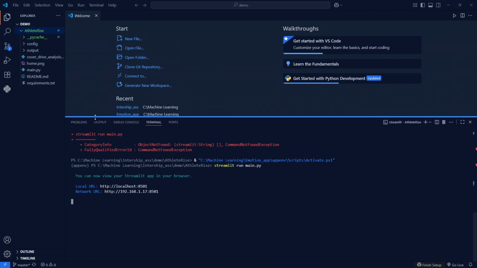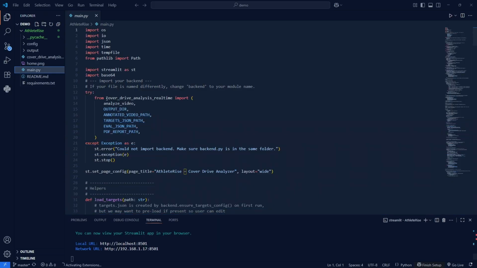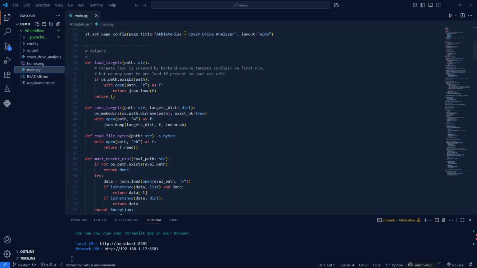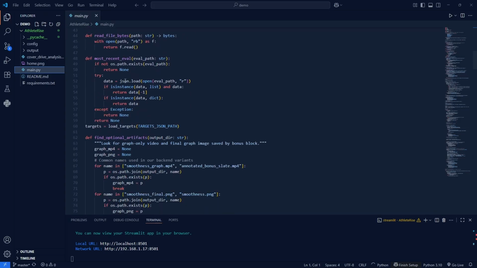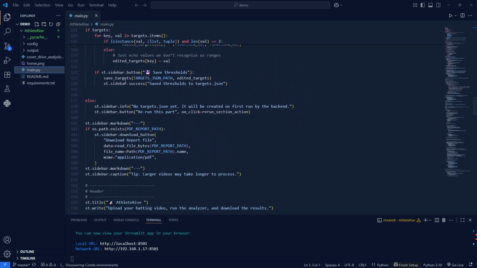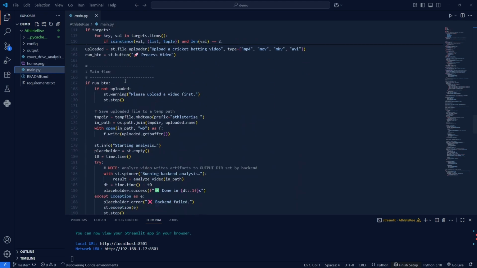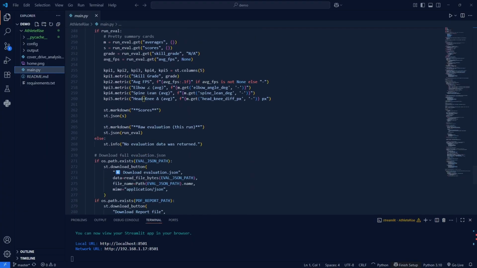Before I show you the web app, let me show you the front end part of this web app. So where is my main.py? Here it is, and there is nothing to explain here because it's a simple Streamlit web app front end. This is my whole code. There is nothing to explain because it's too simple. The main part is the backend, that's why I explained the full backend file. And down here is nothing, buttons and nothing else.